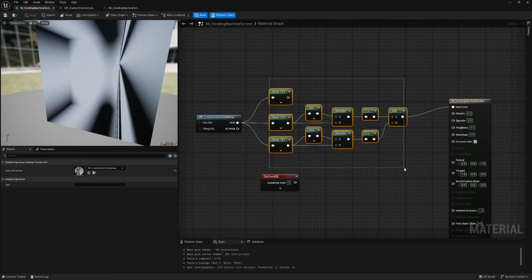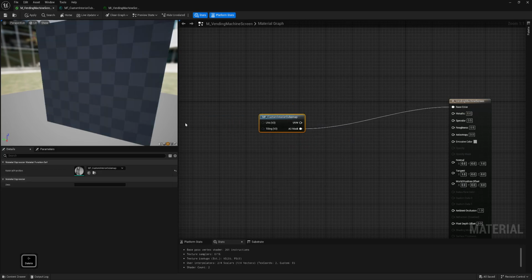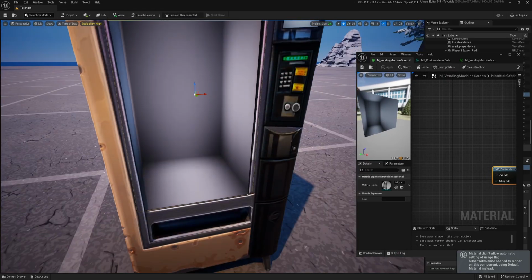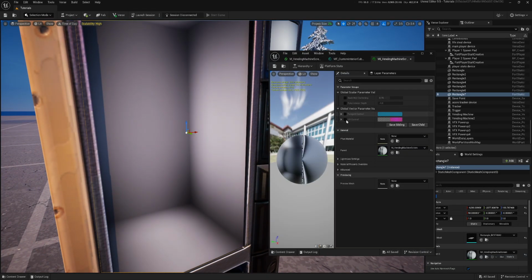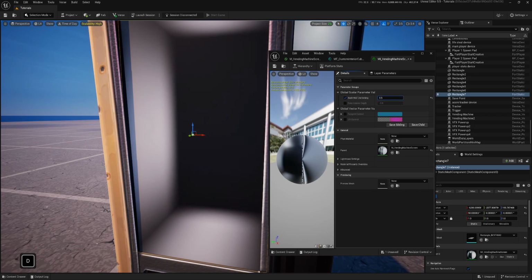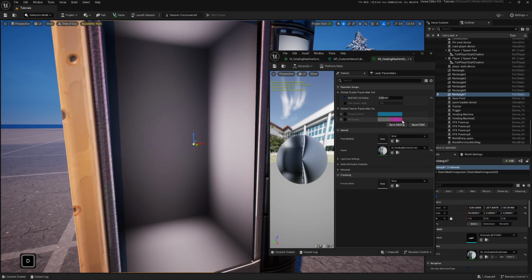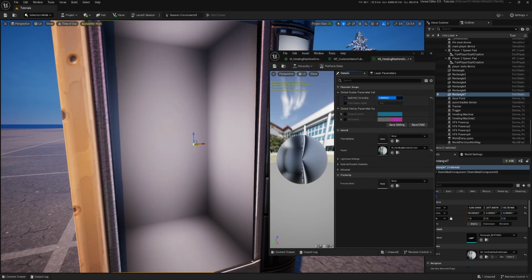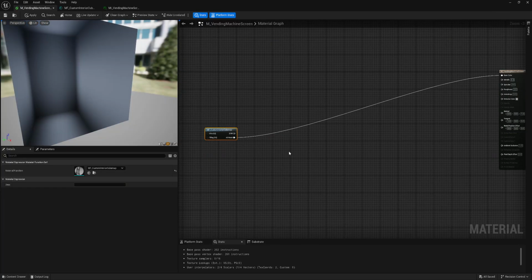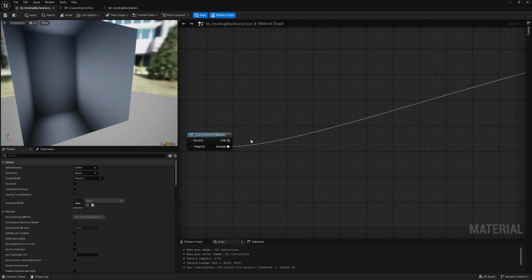Back in here, I don't need all of that now. I will grab that and connect it to base color. Remember, it had really sharp dark corners. Now they're much softer. You can control the darkening of the back wall, like if you want it maybe really dark, like that, or maybe really bright. So you have full control of that. Now let's start texturing and adding additional stuff to it. First of all, I will create rear root nodes.